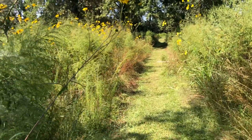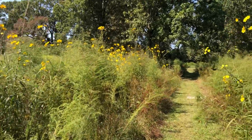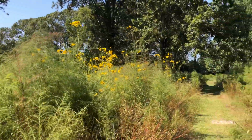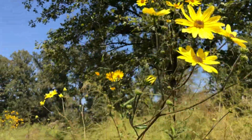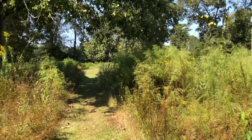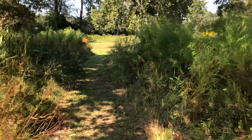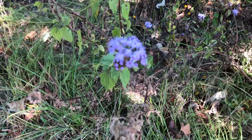Okay, let us walk down this path of just yellow flowers. This is just unbelievably beautiful in the springtime. Oh my. It's just so beautiful. It's like a sea of purple and gold flowers. And I don't want to call them wild because they seem really beautiful to me. Look at those. Oh man,